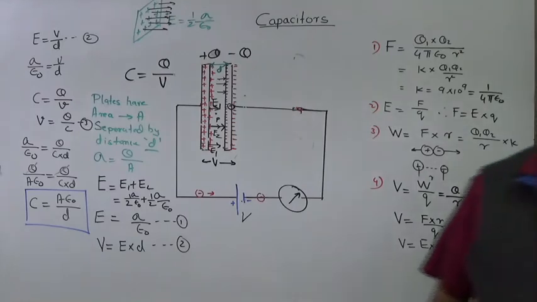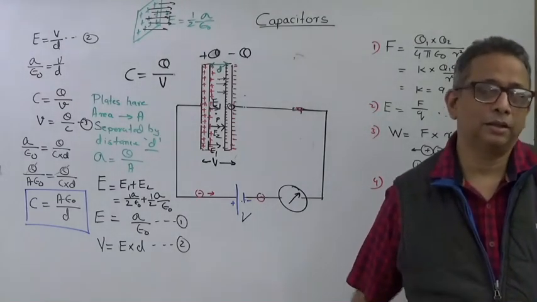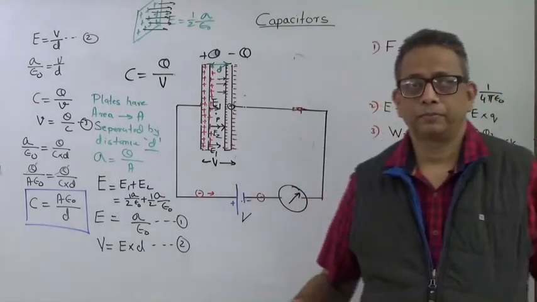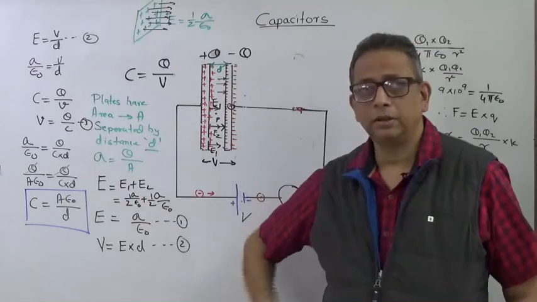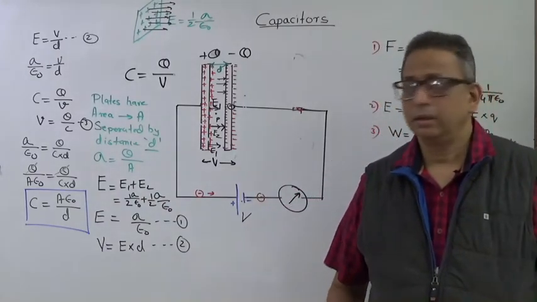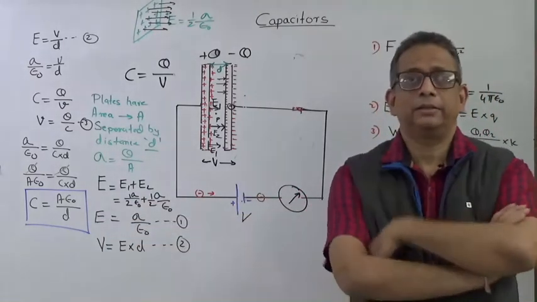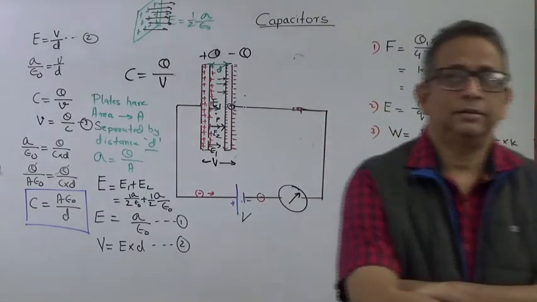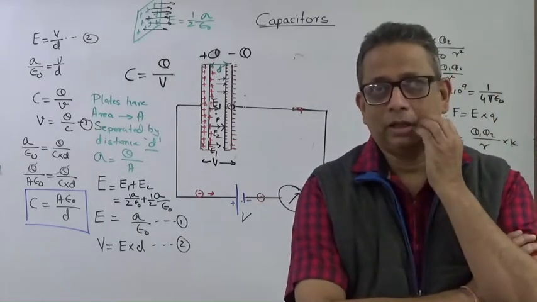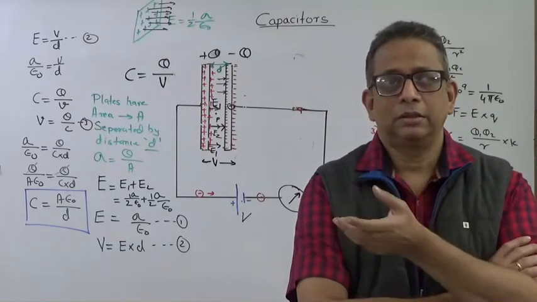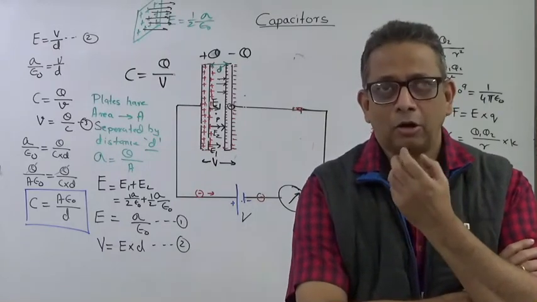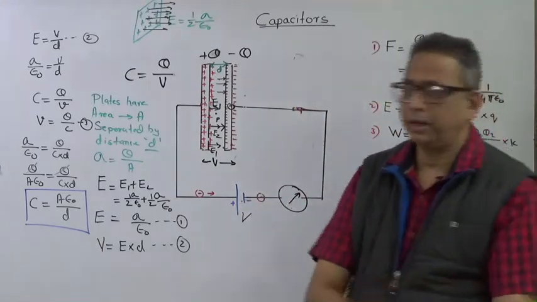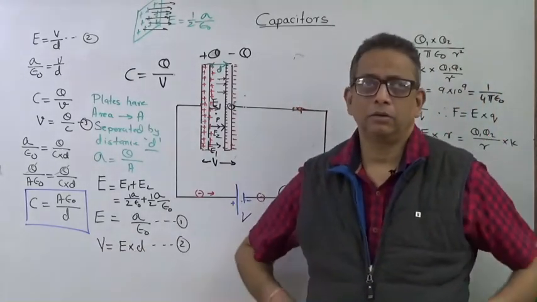A separated by a distance D, and epsilon naught is the permittivity constant of vacuum. So this is the relation of the capacitance with the area of the plate and the distance D. Like I said, this is a capacitor manufacturer's equation. When a capacitor is being manufactured, he uses these parameters to design or make a capacitor of a given value, correct? So this is where we are going to start with the concept of capacitor.